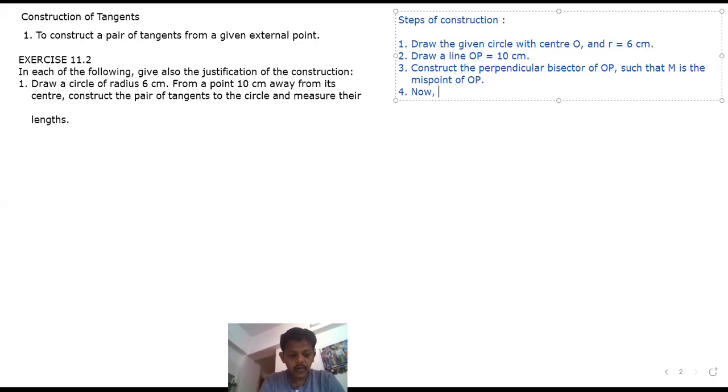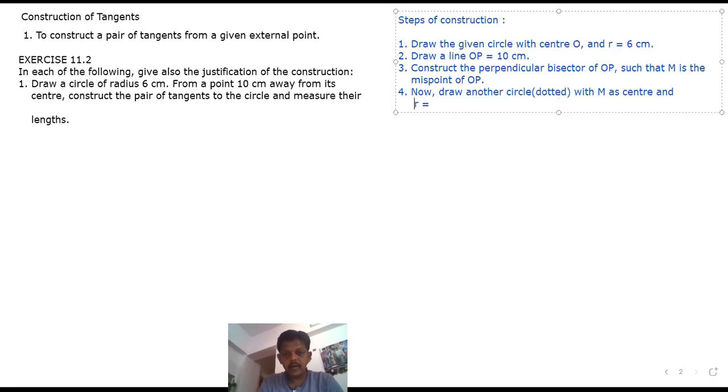Now, draw another circle with M as center. Another circle, it should be dotted. It would be better if you draw it as a dotted circle or a very, very faint circle. Draw another dotted circle with M at center and radius equal to what? Either OM or PM, because OM and PM are equal, since M is the midpoint of OP. So radius equal to OM equal to PM, any one radius,